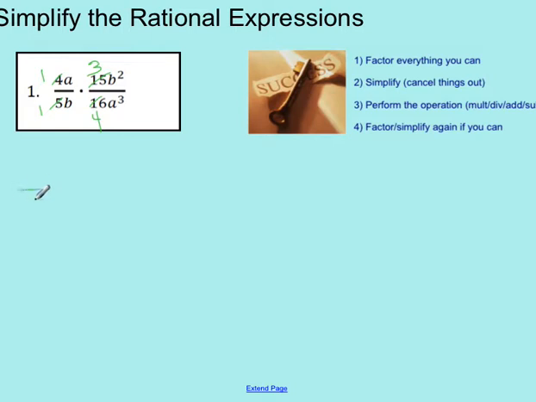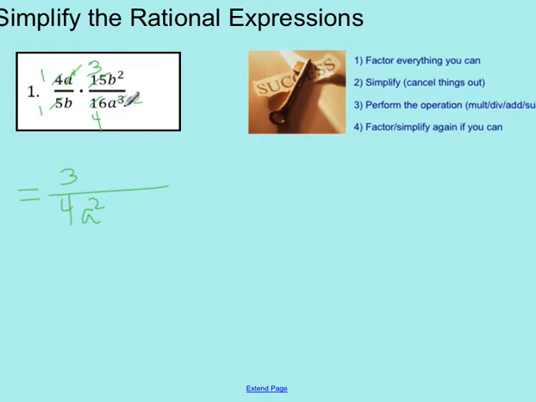And then remember, we multiply across. So I would have 1 times 3, so in my numerator I would for sure have 3, and in my denominator I would have 1 times 4, which is 4. After this, I would go ahead and look at the variables. I have a to the first and a to the third. You always want to bring the smaller value to the larger, and remember we would subtract. So I have a to the 3 minus 1, so I have a to the second